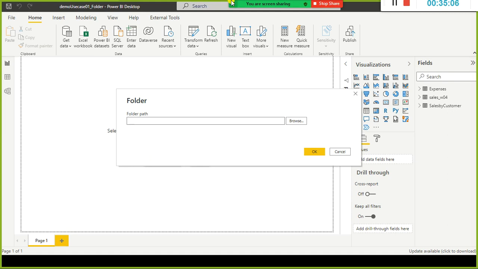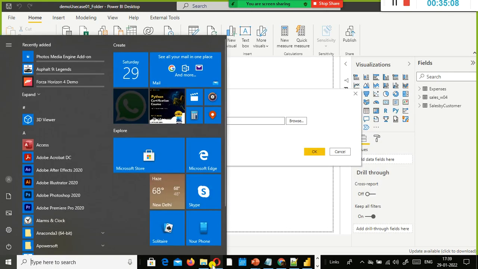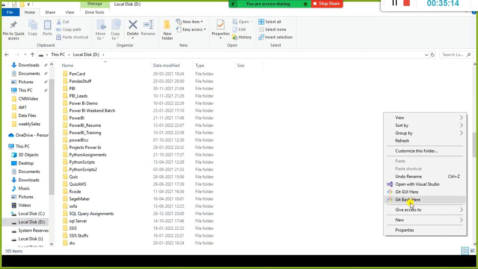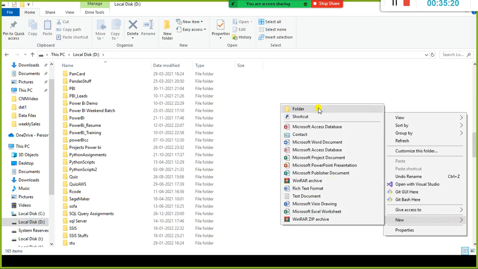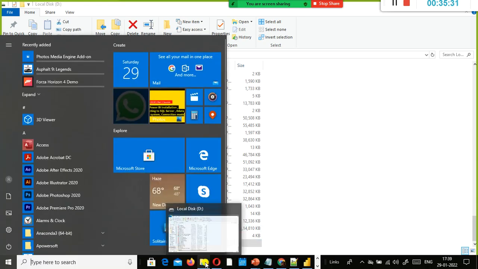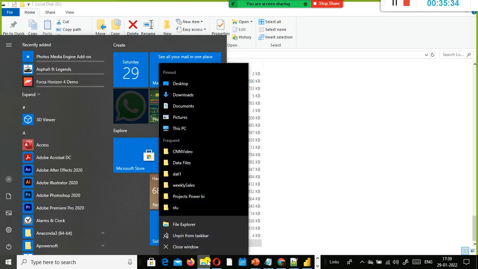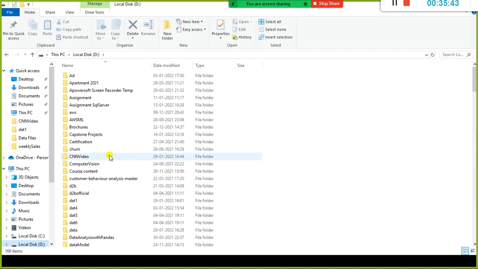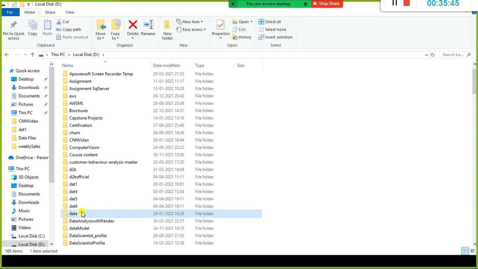Okay, I'll just go ahead and create one separate folder here, called monthly sales, and I'm going to open another one. I have something called data folder.